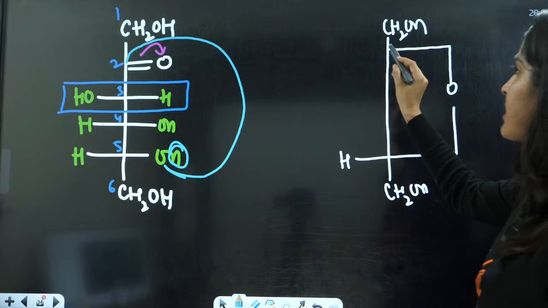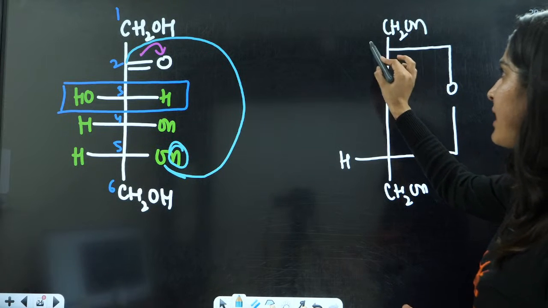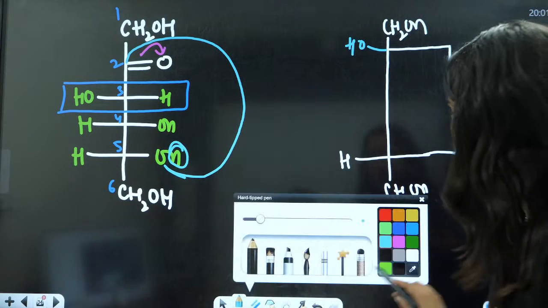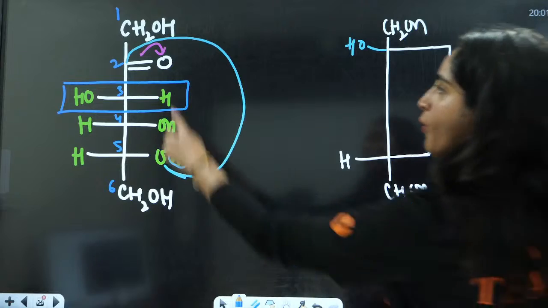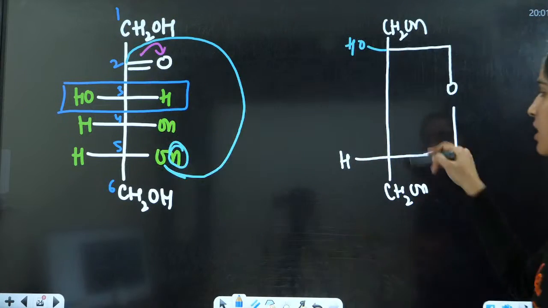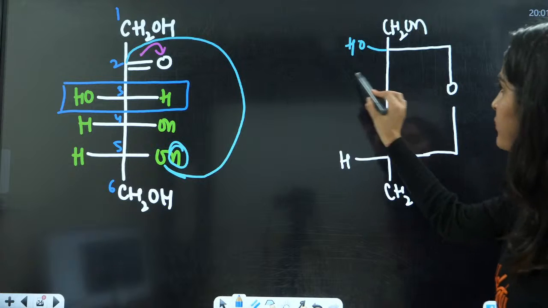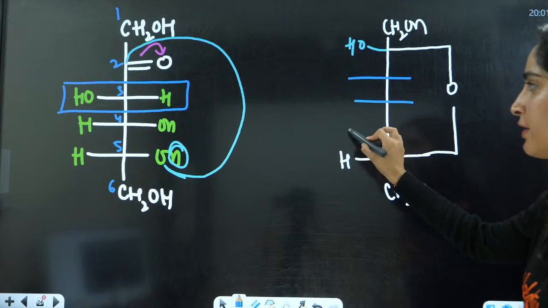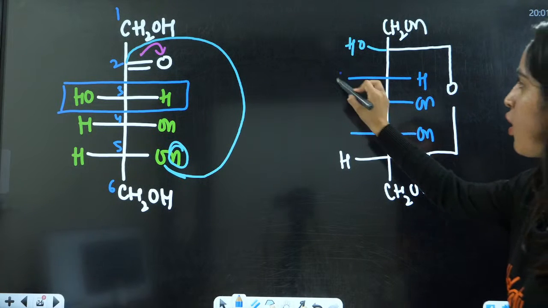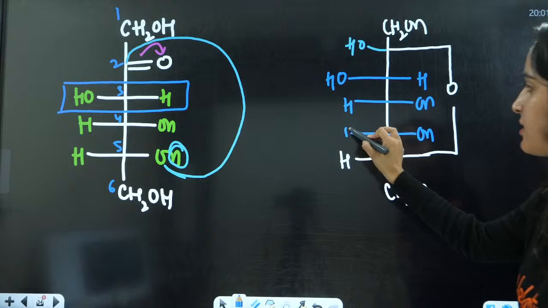So there is going to be one OH group also. Right? Let us see. For example, I'm just writing it randomly here. This is the carbon number 2. It has one OH group. Right? It has one CH2OH group. It has one linkage with the fifth one. Right? Then we have third carbon, then fourth carbon, then fifth carbon. This is OH here, hydrogen here, OH here, and H, and this is H.